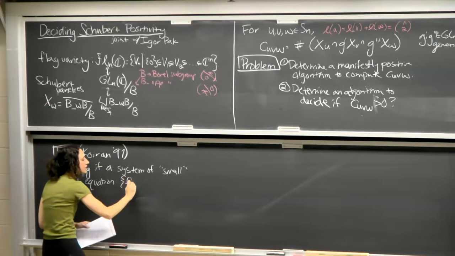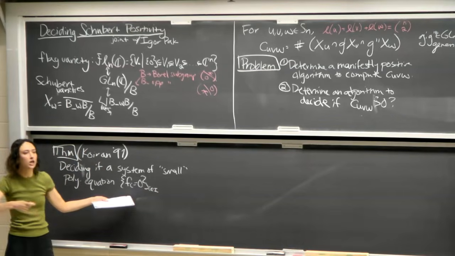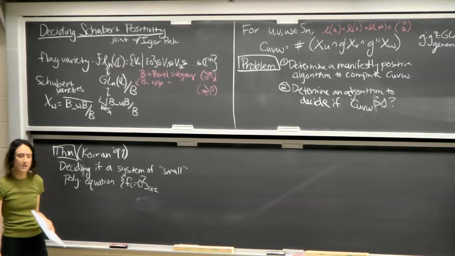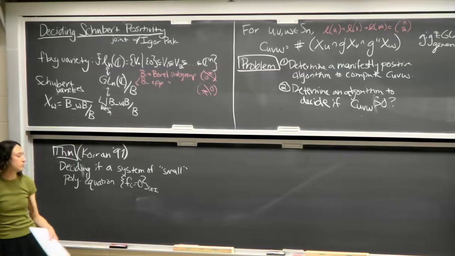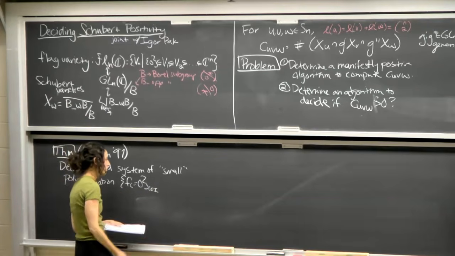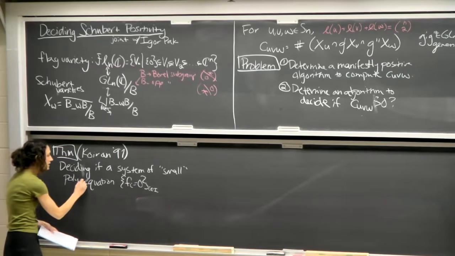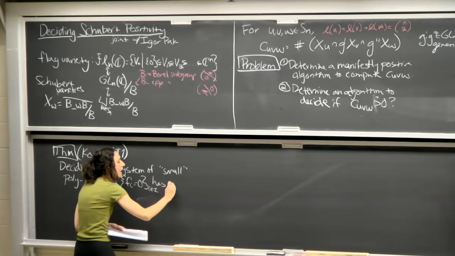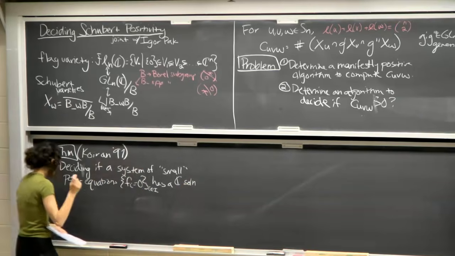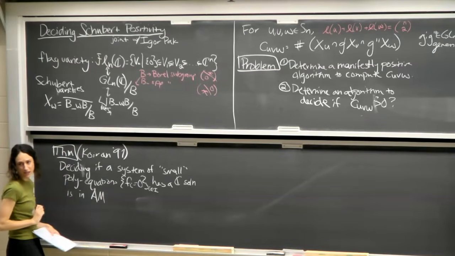So I have some polynomial system of equations, the f_i's, where I don't want them to be too large to represent. So polynomial in size with respect to, let's say, n variables. I want each of the coefficients to be small. I want the monomial support to be small. I want the number of polynomials to be small, so polynomial in n. And so the problem of deciding if a small system of these equations has a complex solution, he proved that this is in this class AM, which I'll tell you what this is,